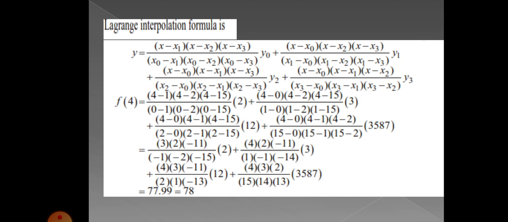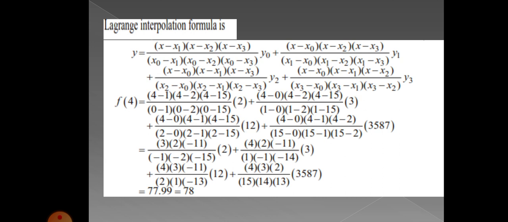So for this calculation, we got the final answer as 77.99. Also a very important thing is that many minus signs will come, so you have to be careful with the minus signs. Otherwise the answer may come out wrong. So keep that in mind. Wherever you have a minus, check it and then work out the answer, because plus and minus may reduce the value or give a greater value. Both may happen. So finally the answer is 77.99.